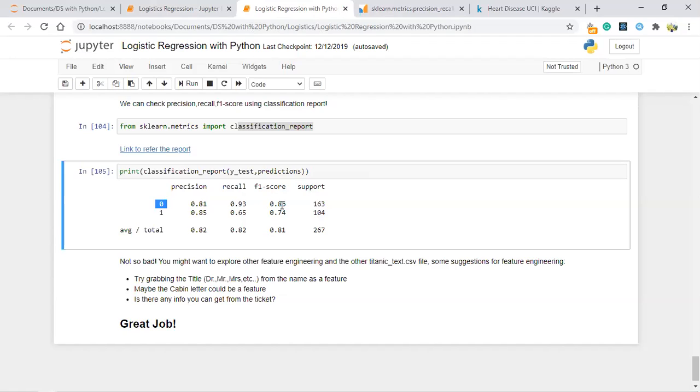So how many did you predict correctly? That's your F1 score. So 0.86 you predicted 0 correctly, 0.74 you predicted 1 correctly, and overall your prediction score is 0.81. Based on the prediction score, we evaluate your logistic regression. So that's the concept behind this.